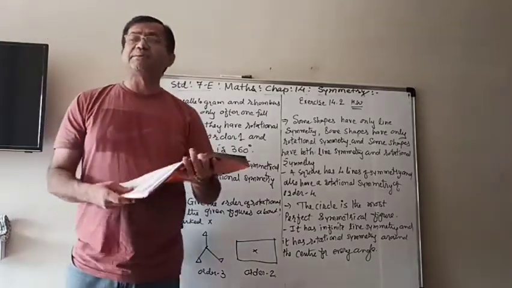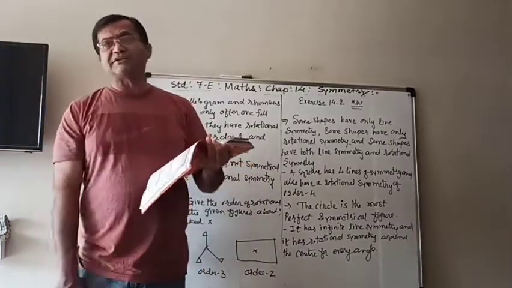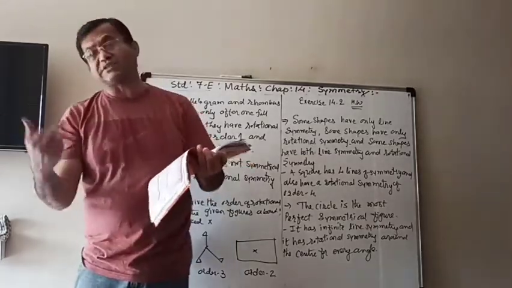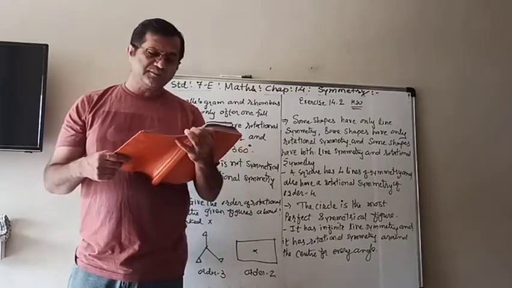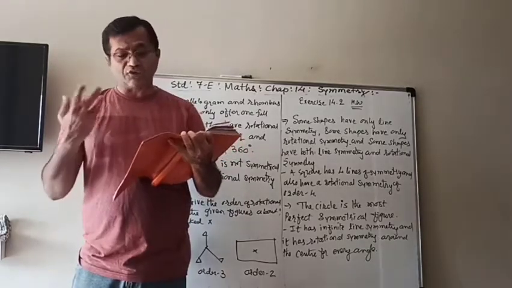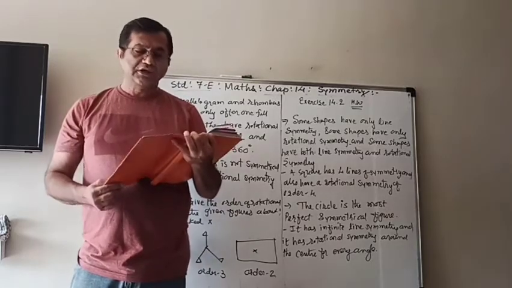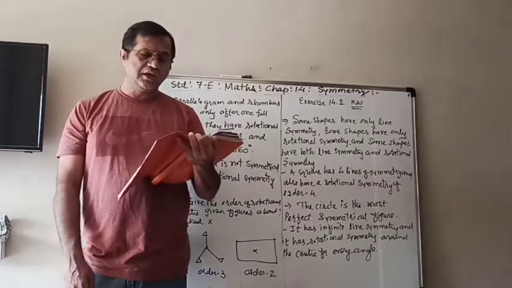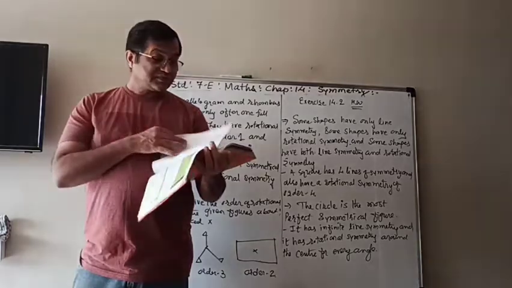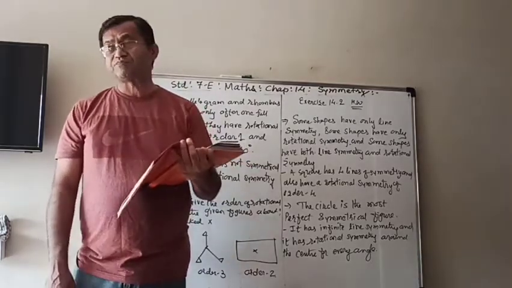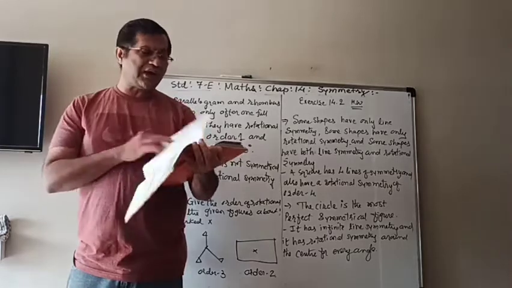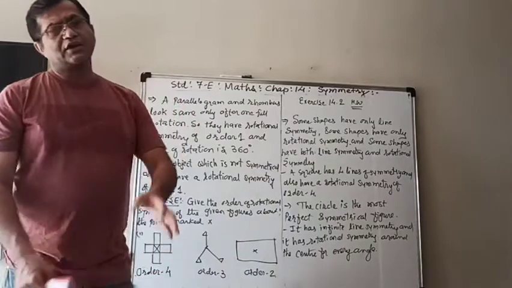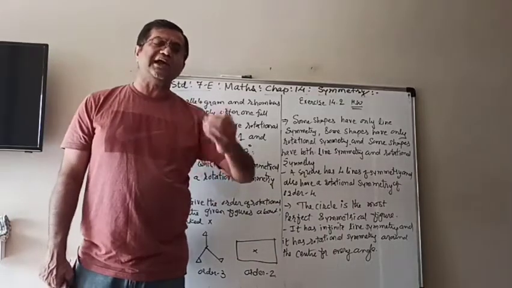Now, if you take some alphabets, we already learned that they have line symmetry, like horizontal or vertical, or no line symmetry. But some of the letters will also have symmetry of order 2 and so on. On page number 275 there is a table that you will fill in yourself, and exercise 14.3 also. Exercise 14.3 is very simple, and if you don't understand anything, you can message me, and I will explain it to you.